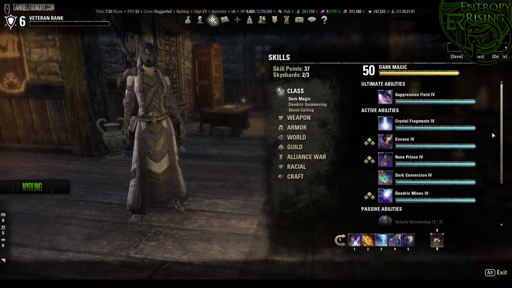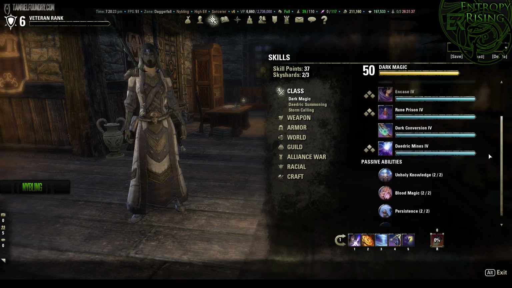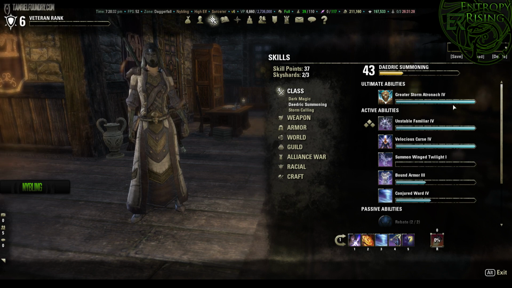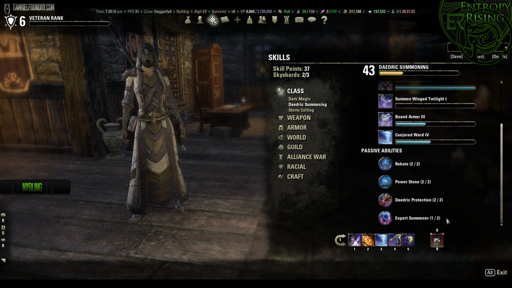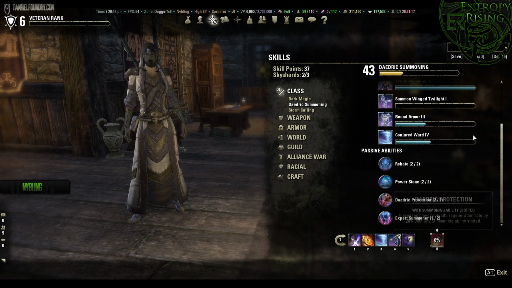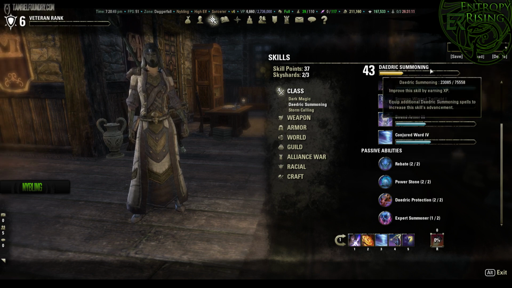I have every passive in this tree purchased, as you can see there. My Daedric Summoning, I have everything purchased. I do have Daedric Curse morphed to Velocious Curse maxed. I've got Storm Atronach morphed to Greater Storm Atronach and maxed. I have every available passive except for Expert Summoner 2, which I will get whenever I manage to finally hit Daedric Summoning 50, which might take longer than maybe it should, but